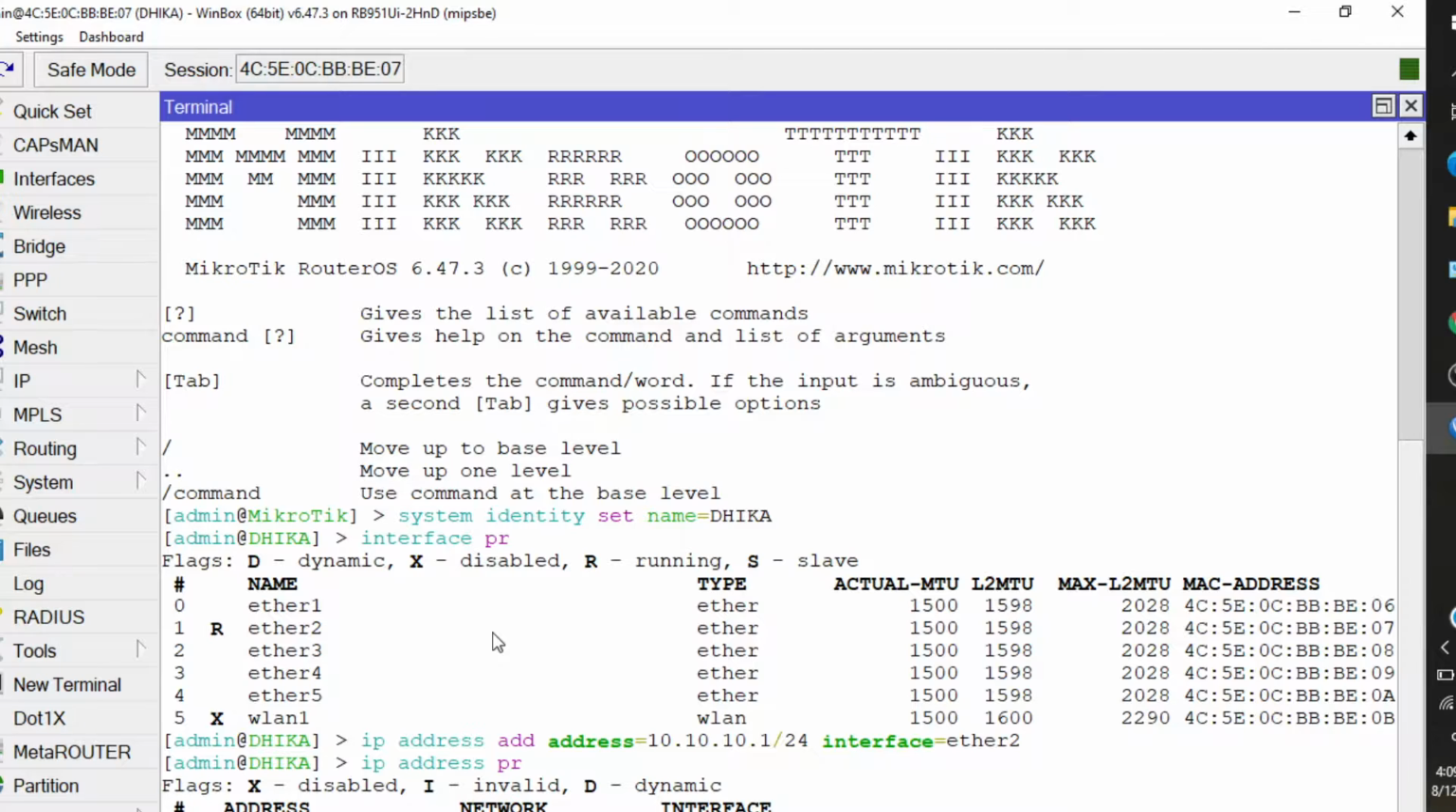For this IP DHCP pool name, or address pool name, I will give the name 20 client, and the range of IP addresses is 10.10.10.2 up to 10.10.10.21. You can do it with the command IP pool add name 20 client,